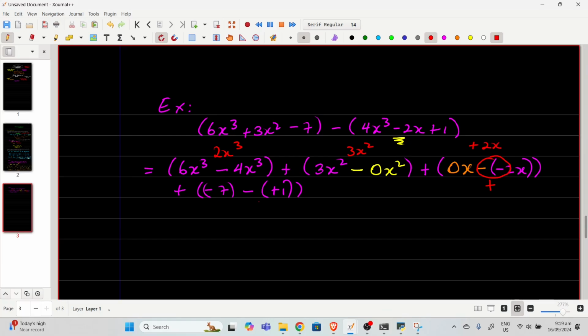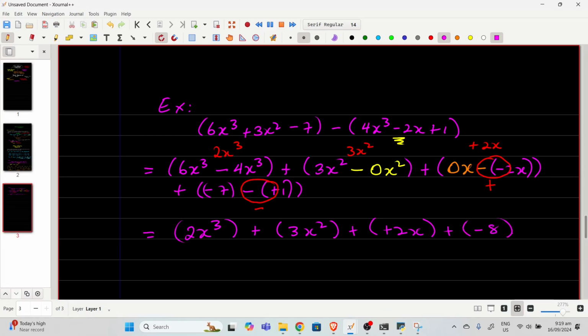Then this here combines and gives me negative 1, so negative 7 minus 1, and then we solve each of these and we group them together. So the first one is 2x cubed. Then we have, let me just put it in a bracket, then we have 3x squared, then we have positive 2x, then we have